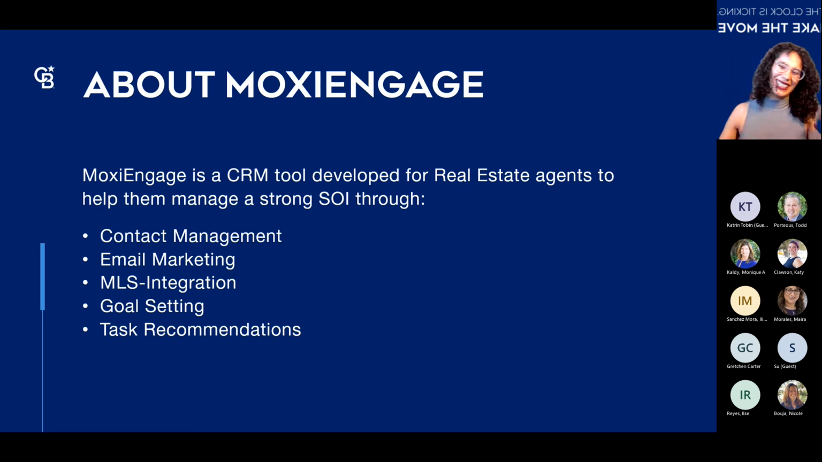What is MoxiEngage? MoxiEngage is your CRM tool. It's the tool that is replacing your InTouch CRM. This is where you're going to be able to do all of your contact management, your email marketing, MLS integration. So it's integrated with your MLS. You'll be able to do listing announcements, listing alerts within that, and your goal settings. So it allows you to add your GCI goal onto there to make sure you're keeping on track of that,